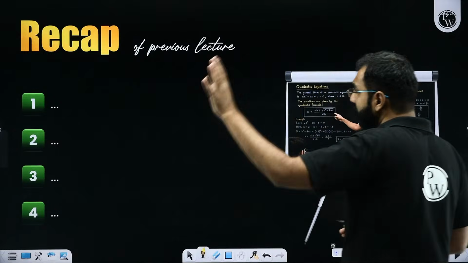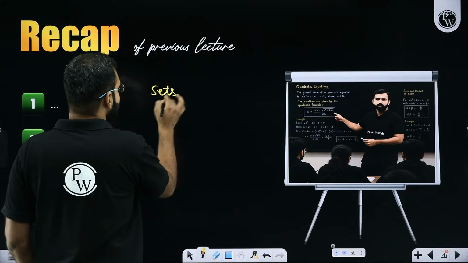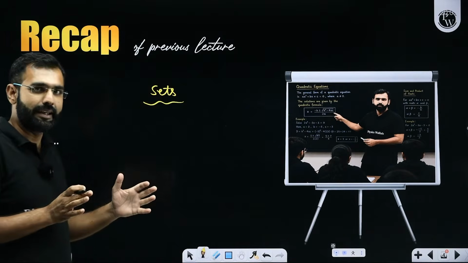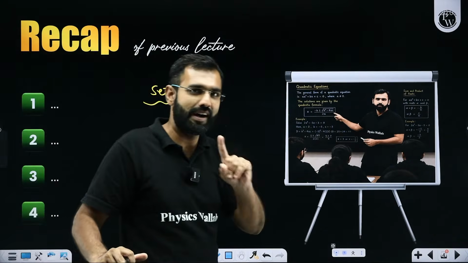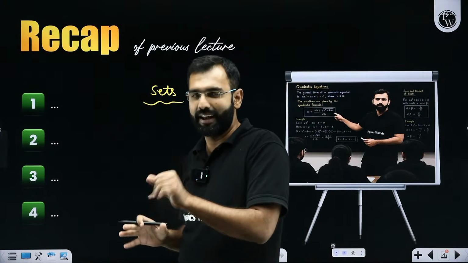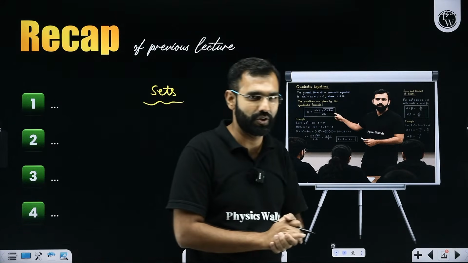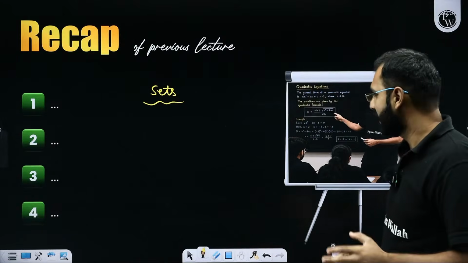If you talk about the previous lecture, I hope you do remember, we discussed sets. Sets as a chapter we have covered. Technically, sets, relations, and functions are one unit, but we have bifurcated it into two parts. Sets we covered in the last session, and today we are covering relations and functions with this one shot. So without any delay, shall we get started?